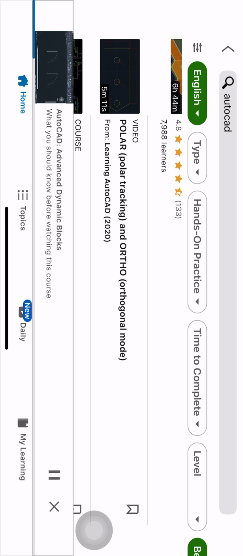A set of exercise files has been provided for this course. Now, the exercise files themselves are AutoCAD